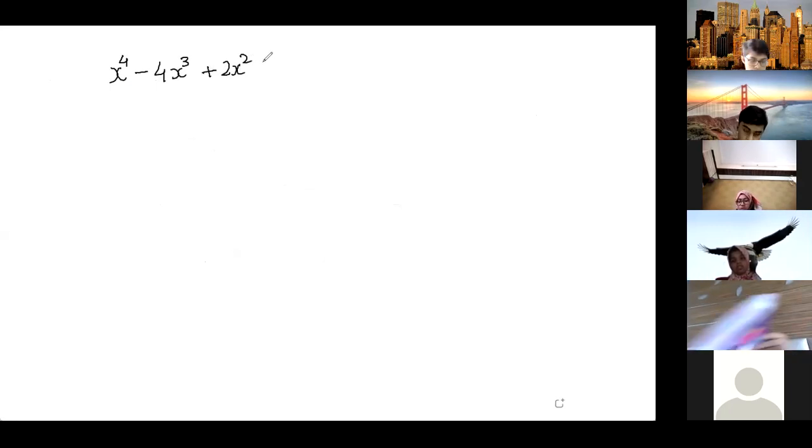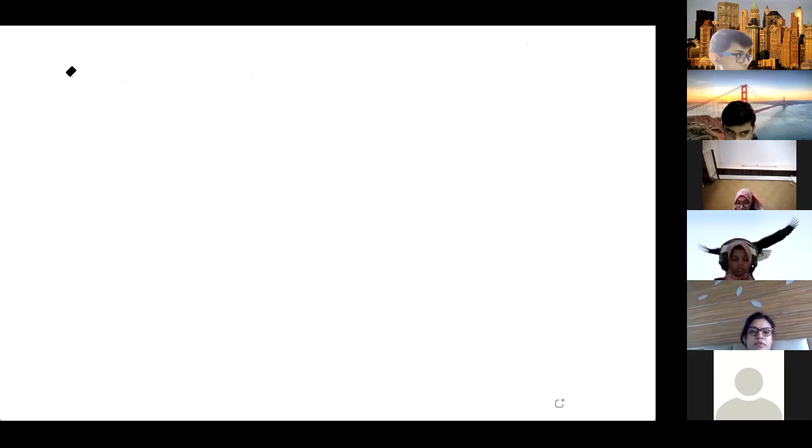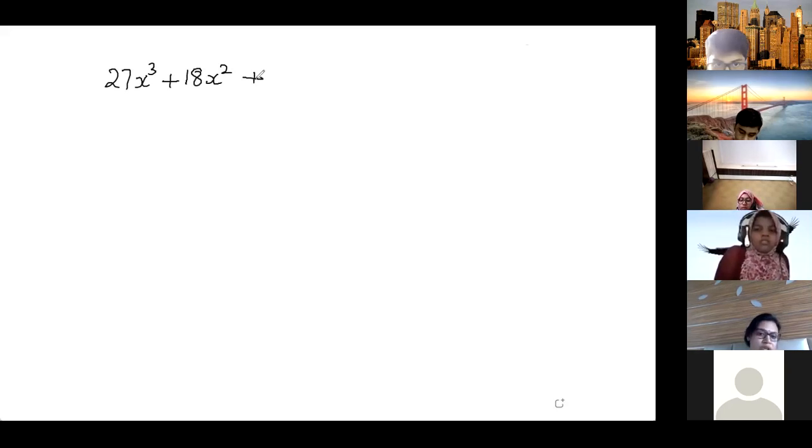Question. If you make questions yourself, you'll get a slightly complicated answer. So I'll give another question from the book only so that you remember it. Okay. Write down this question. 27x cube. Remember, you have to write in descending order. Sometimes in a question, they don't give it in descending order. So you have to write the dividend in descending order. Plus 18x, okay, minus 5.